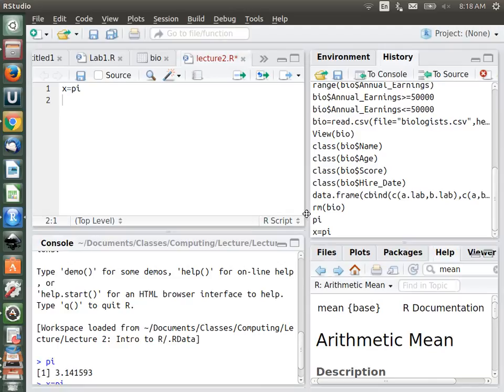RStudio. Okay, so let's talk a little bit about, so I want to start doing something. I want to start a project. How do I go about that? How do the files actually work in this? And let's talk a little bit about